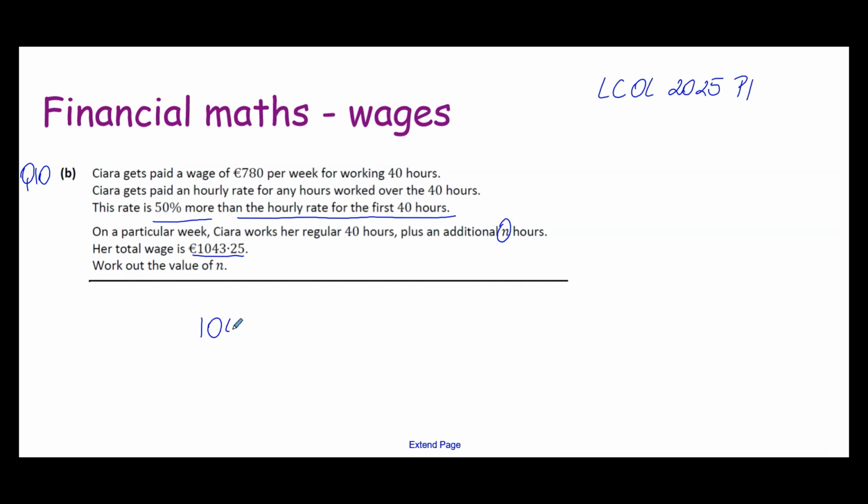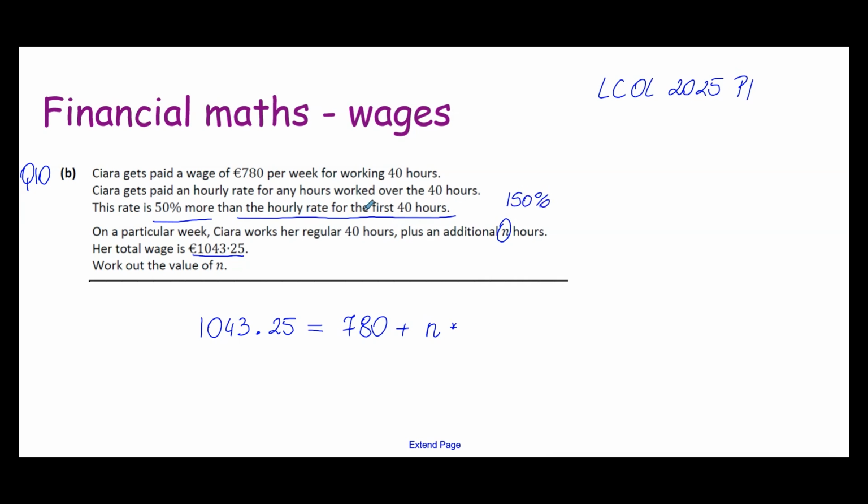So when they are giving you an answer, you have to think, well, how did they get that number? Because she did work 40 hours, so she got 780 plus an additional number of hours. But how much are they paying her for that hour? They are paying 50% more. So what does that mean? They are paying her